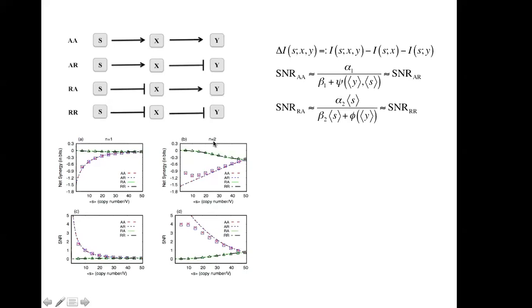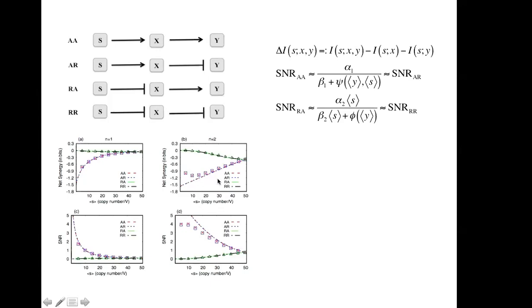Now when we do n equals 2, n equals 2 means 2 molecules of S are necessary for the activation of X, and 2 molecules of X are necessary for activation of Y. And we see at low values of the signal on the x-axis, where we are changing the signal copy number, so copy number means the molecules per unit volume, there is a breakdown between